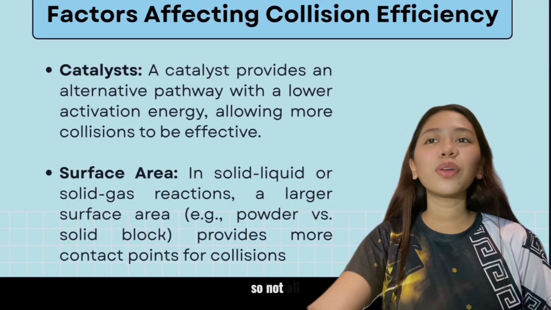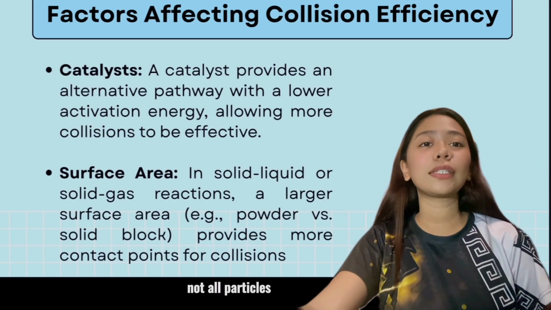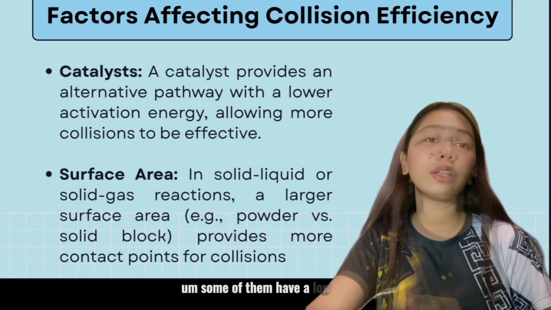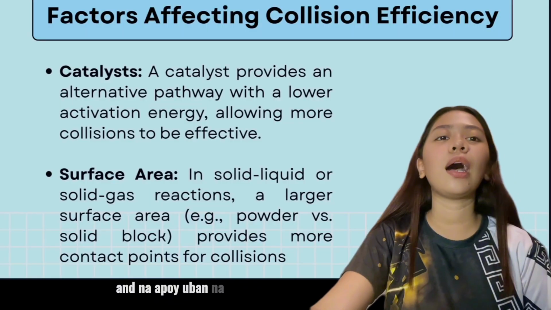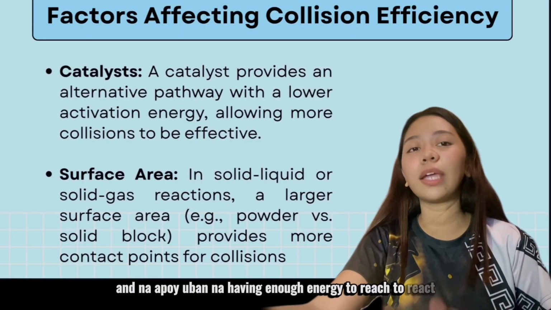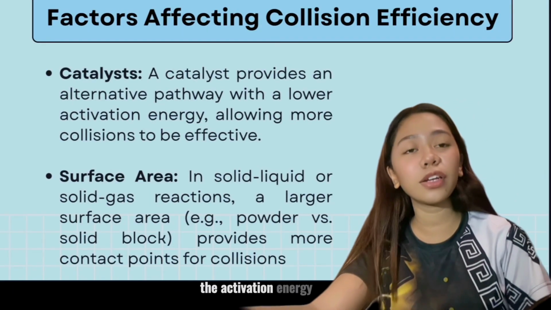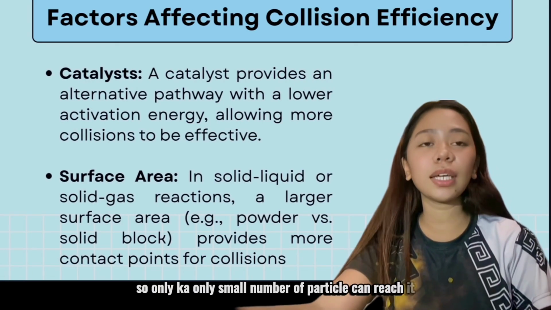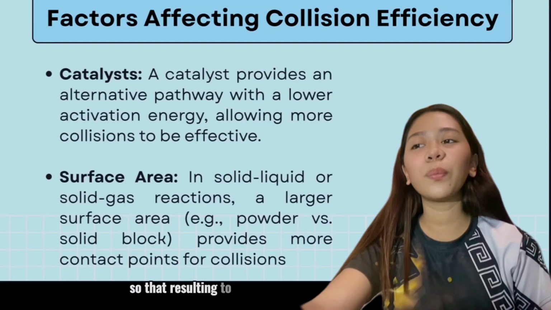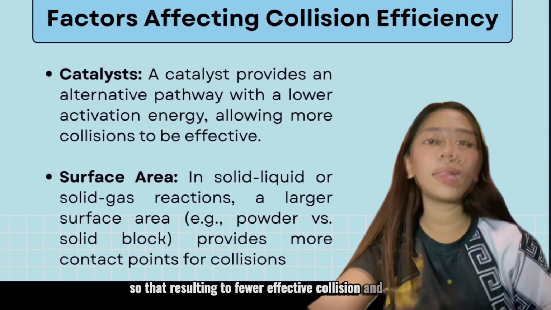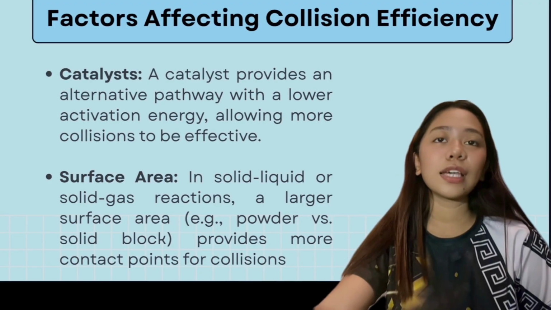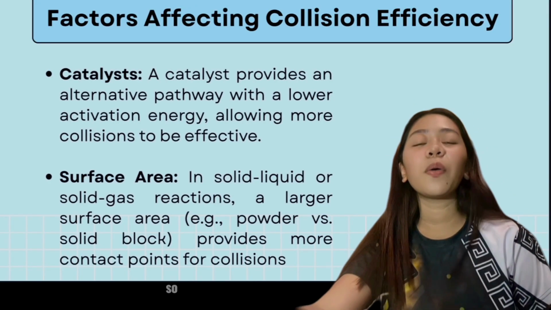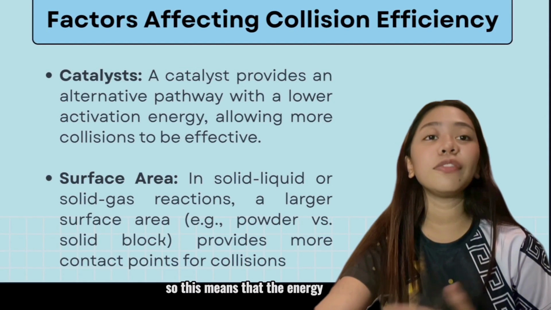So not all particles have high energy. Some of them have low energy, and some have enough energy to react. Without the catalyst, the activation energy is high, so only a small number of particles can reach it, resulting in fewer effective collisions and a slow reaction. But with the catalyst, it serves as an alternative pathway with a lower activation energy. So this means that the energy barrier